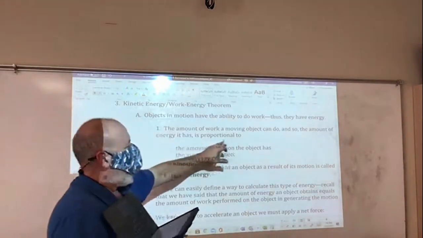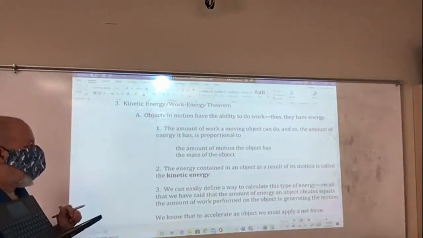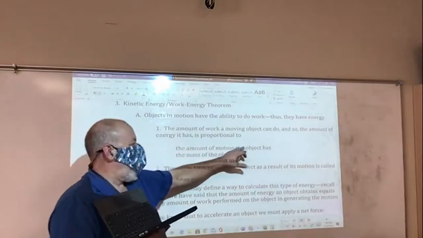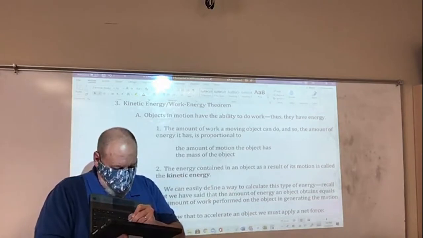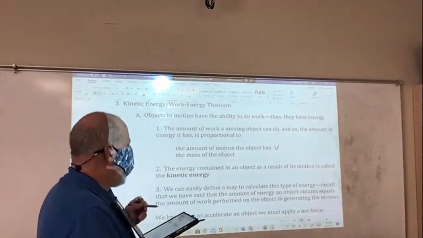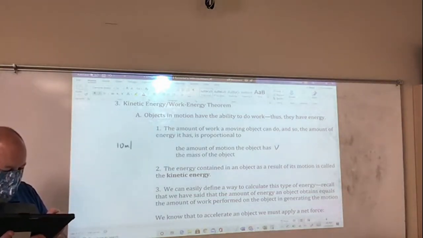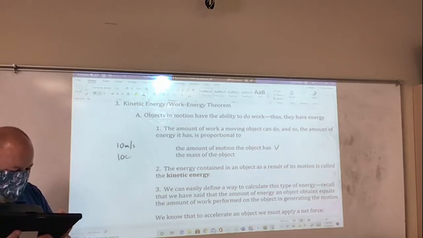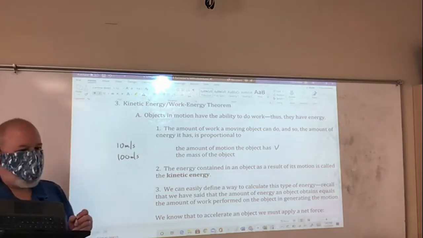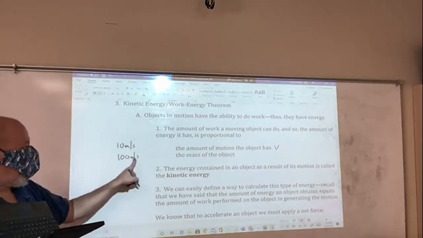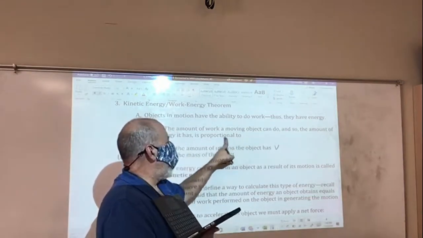The amount of work a moving object can do, and so the amount of energy it has, is proportional to, obviously, the amount of motion the object has, which we call what? The velocity, right? Okay, so if I have something traveling at 10 meters per second, and I have something traveling at 100 meters per second, and they have the same mass, which one's going to be able to do more work? This one, right? So the amount of motion the object has, the amount of work I can do is proportional to my